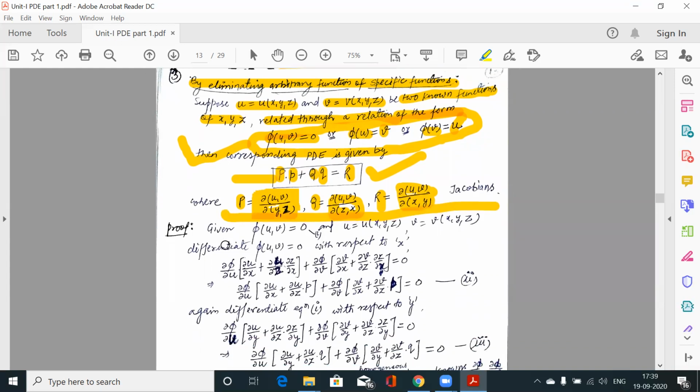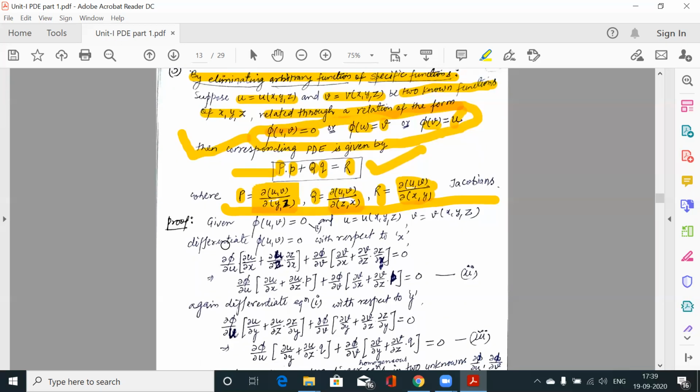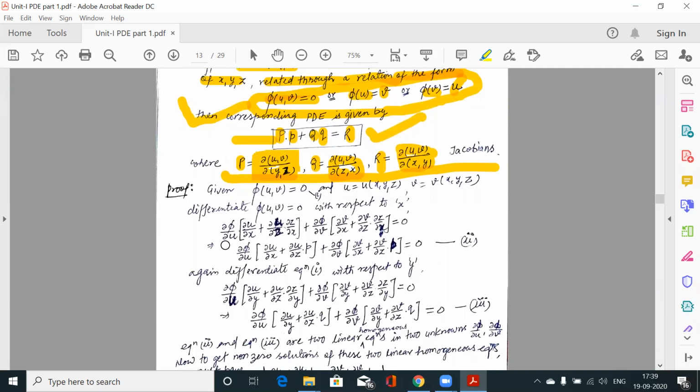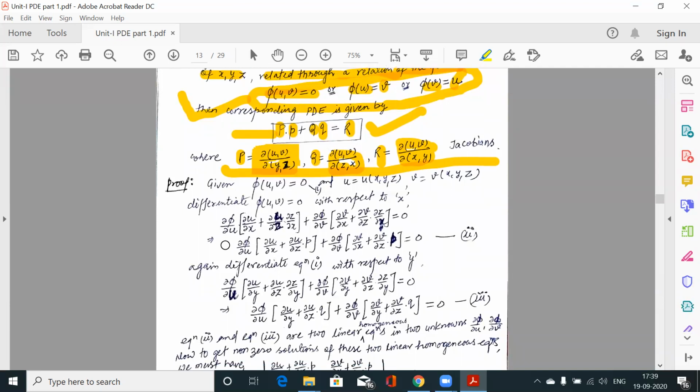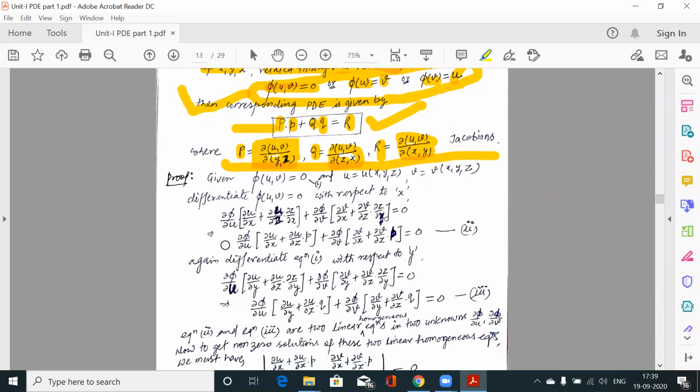Now this is the proof: why I am saying that in this type of question we get the same answer. If somebody is interested in how we get this differential equation, they can go through this proof. Here I simply go quickly through the proof, because this is a simple proof. You can observe the terms and the process by going through these steps.